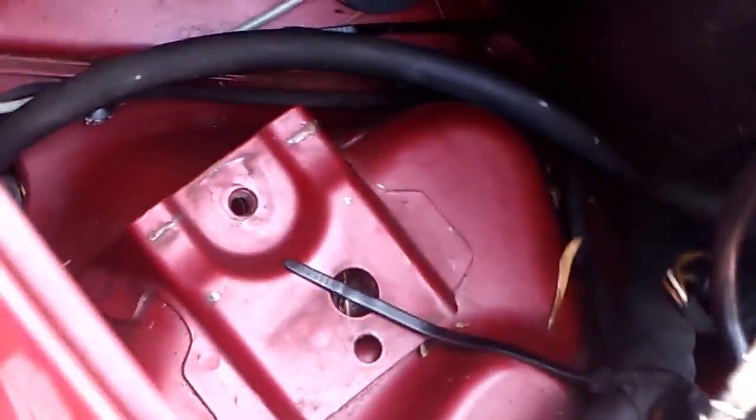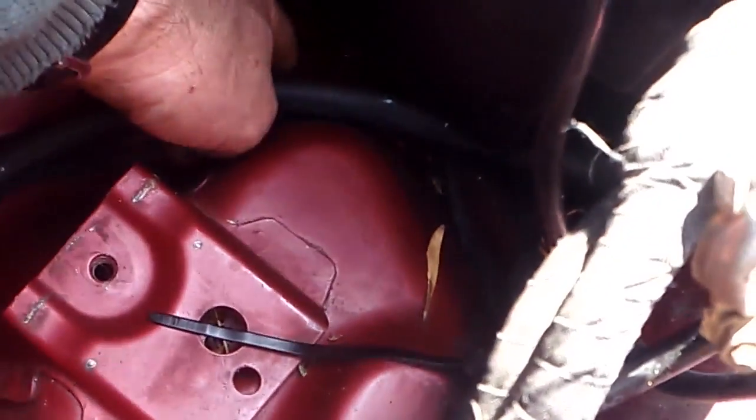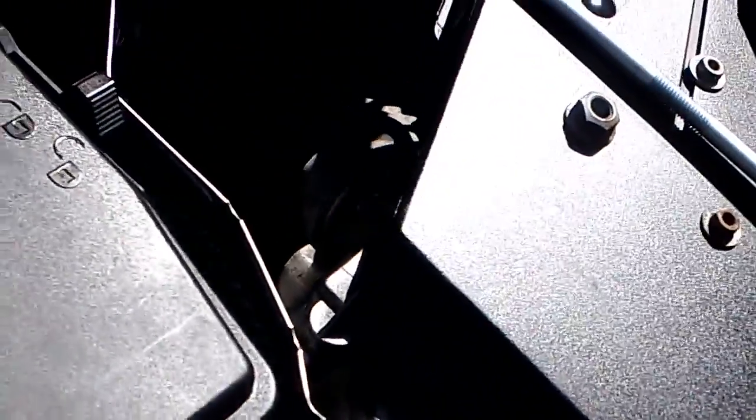And the nut, there it is. That's the backside nut for that. So now we can just go underneath and pull the old control arm out. Careful of the ABS sensor wires and the brake sensor wires. Oh crap, this one does have something. Okay, if like me you have